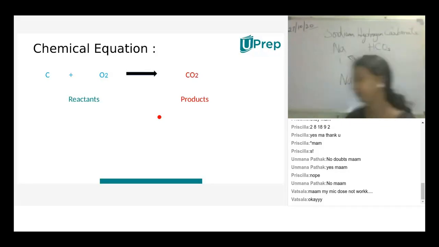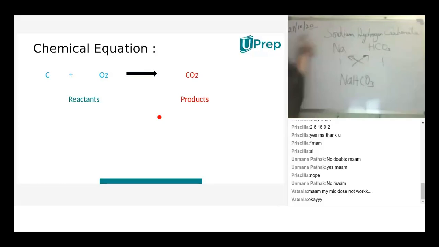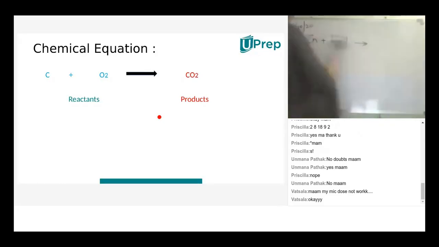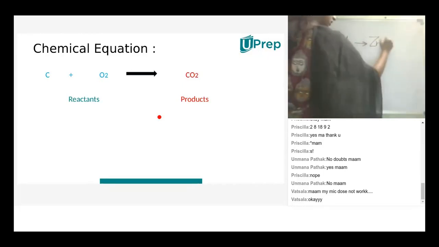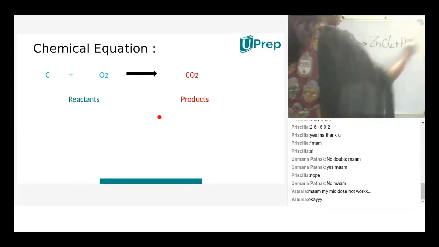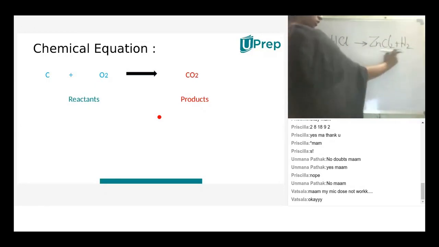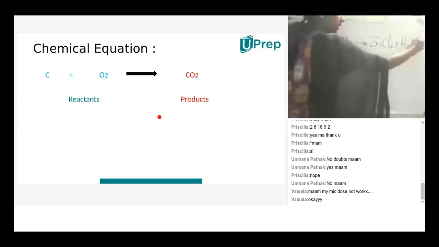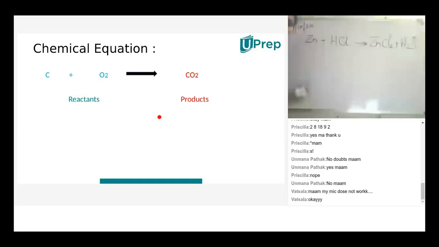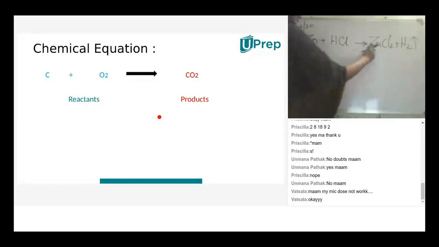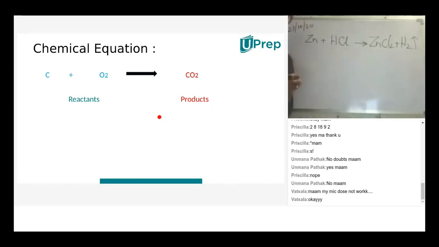If there is evolution of gas, for example, Zn plus HCl gives rise to ZnCl2 plus hydrogen gas. Here 2 products are formed, so they are separate products, and I have differentiated the products using a plus sign. The arrow pointing up represents gas, which means evolution of gas is taking place. Understood? This zinc is completely different from that, and this chlorine is different from that. Here the chlorine is in the form of acid, here the chlorine is in the form of salt. And the arrow mark shows the direction of the reaction.